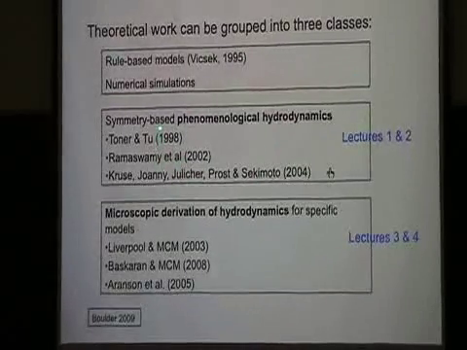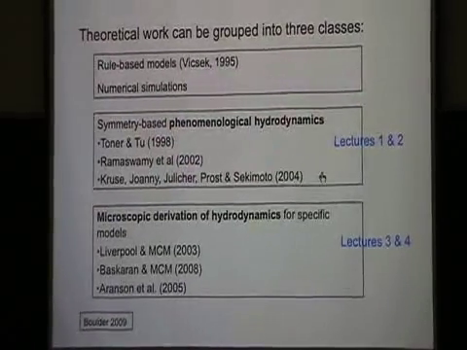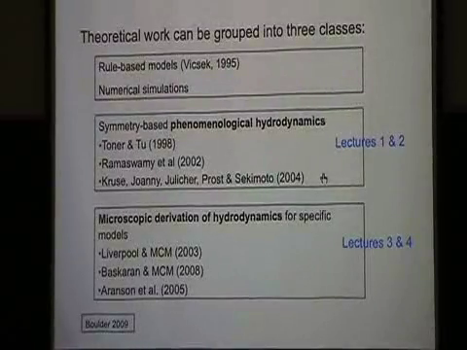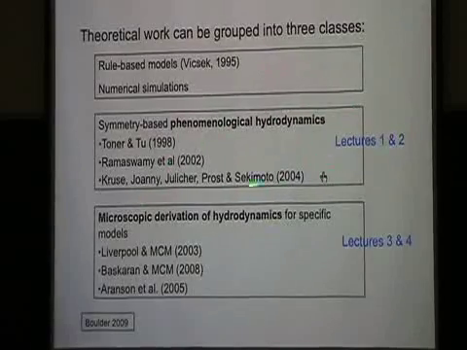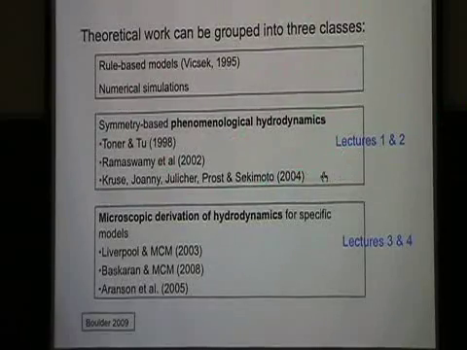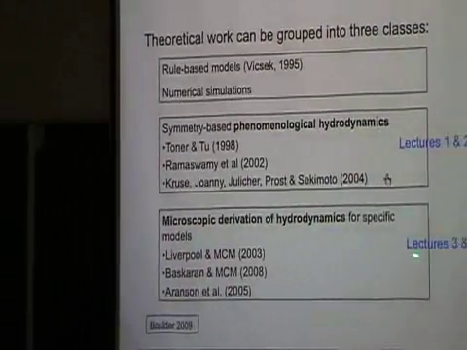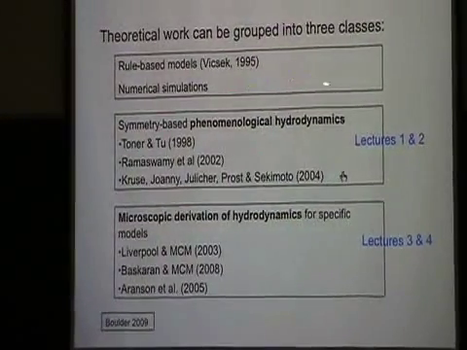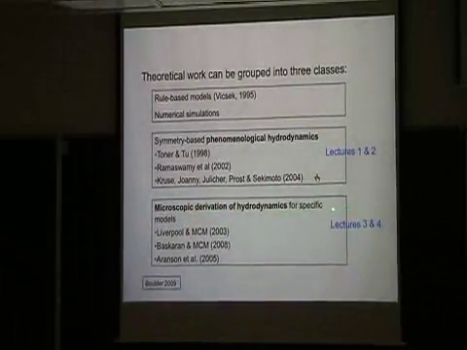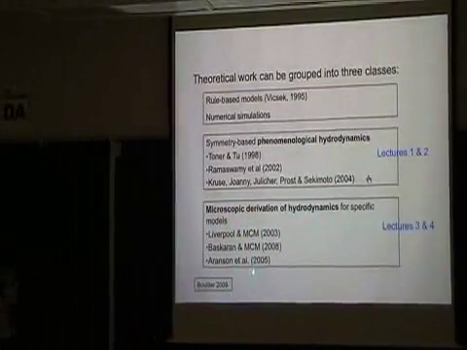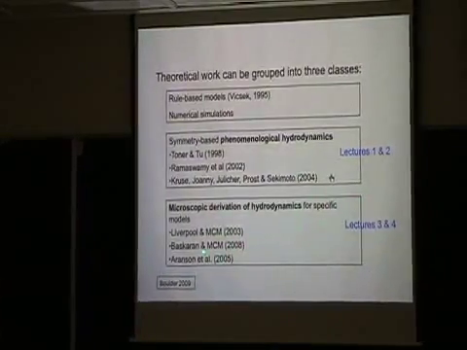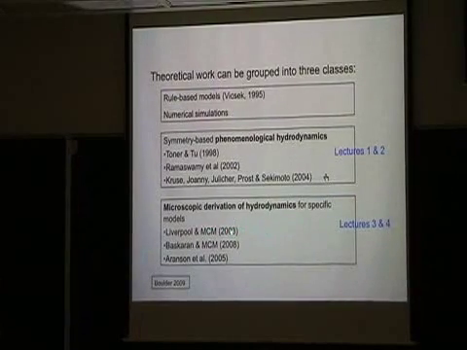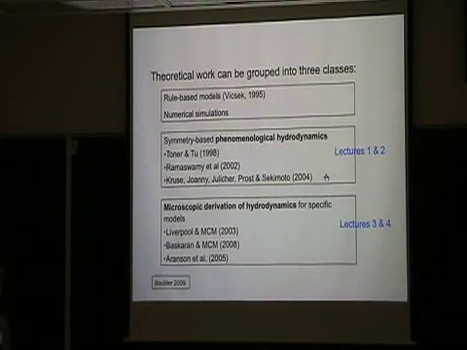But when you use this approach out of equilibrium, you have no idea what the parameters you put in the equation are, you cannot estimate them. And so it has some drawbacks. But that's what we will be working with in the first two lectures. And then, as I said before, in the second two lectures I actually will show you how this hydrodynamic equation can be derived for specific model systems. And then in particular, and that's mostly work done by us, I will show you the two model systems, which are the vibrated rods and this very simple model for bacteria in suspension.